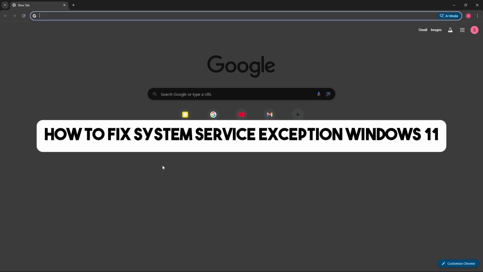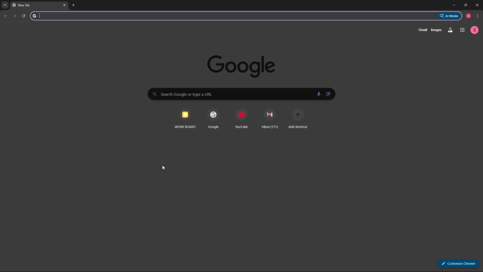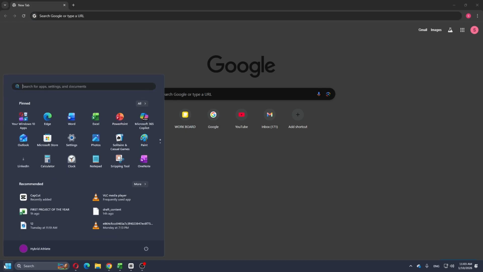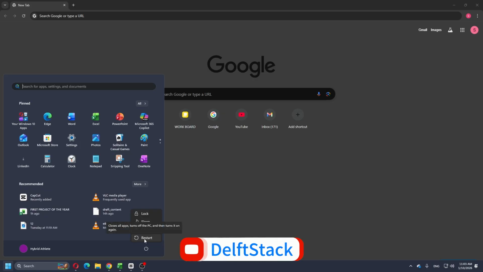Today I will be showing you how to fix system service exception Windows 11. So guys, if this ever happened to you, what you could try to do is simply do a simple restart. You could just go to the start menu over here, go to the power button and do a simple restart. A simple restart mostly can fix the issue, but if the problem persists, what you could try to do now is